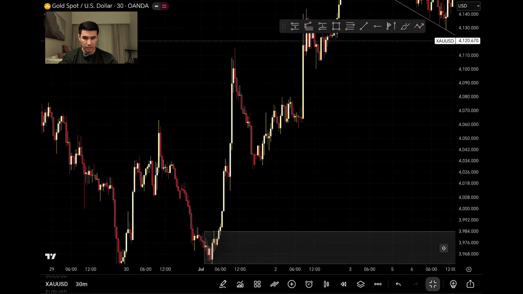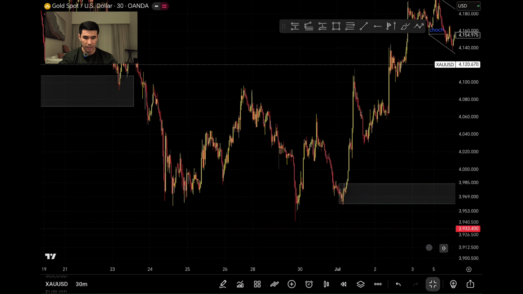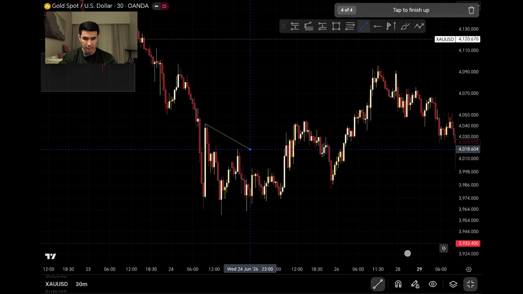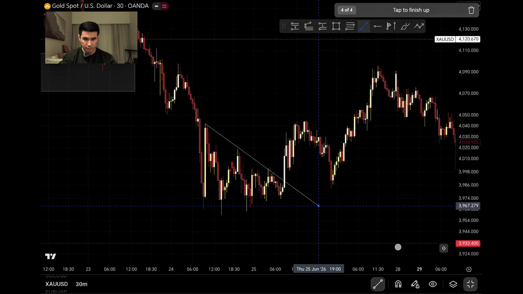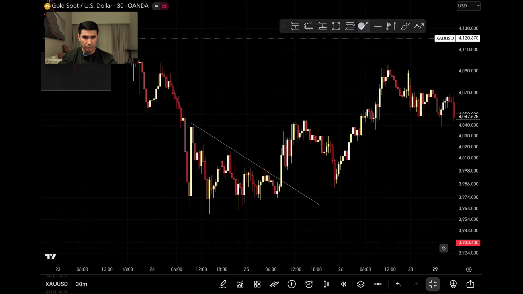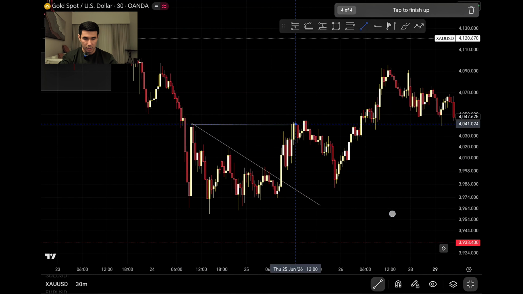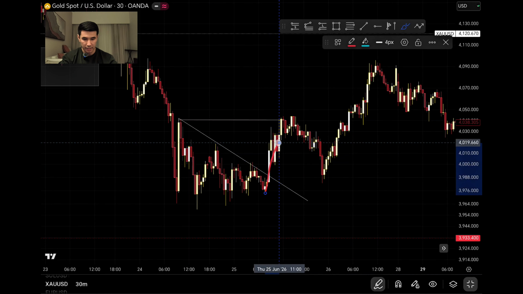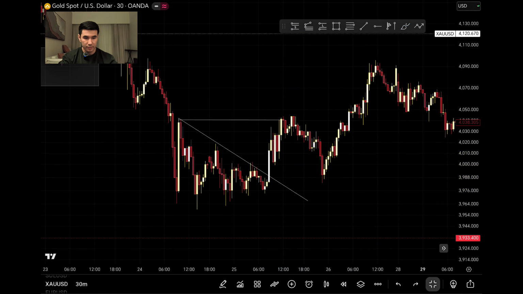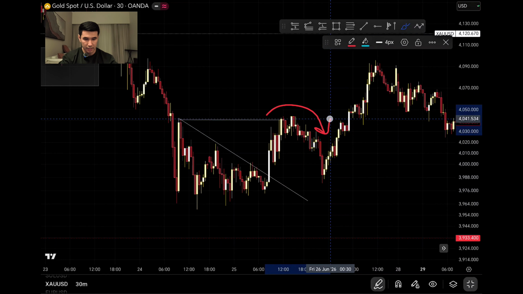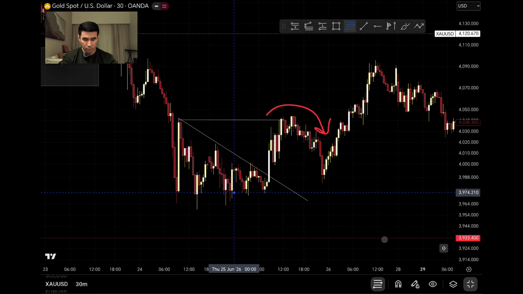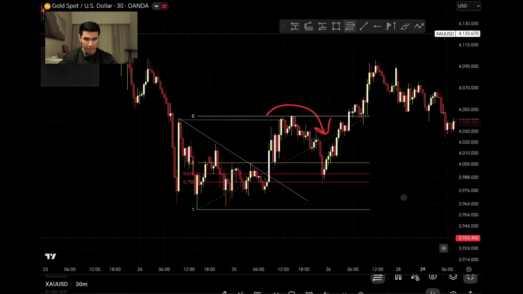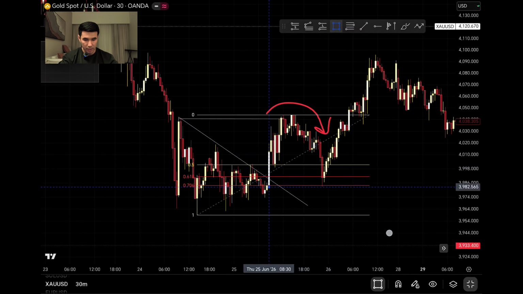So here let's try to check if we have something here. Okay, for example, here we have a trend line, let's say, and it breaks the trend line here. I mean break of the structure from sell to buy. Here we break this trend line. And when the market starts returning back, what you have to do is put this Fibonacci from the lowest point of the market to the top, and you will just mark this Fibonacci golden zone,